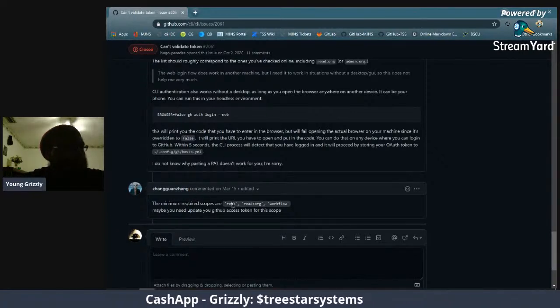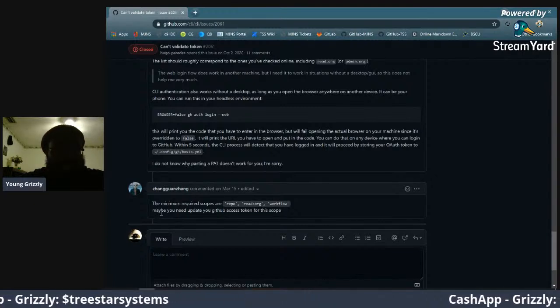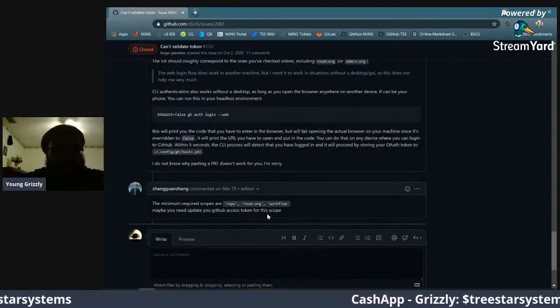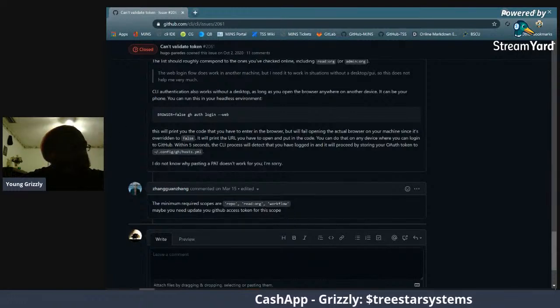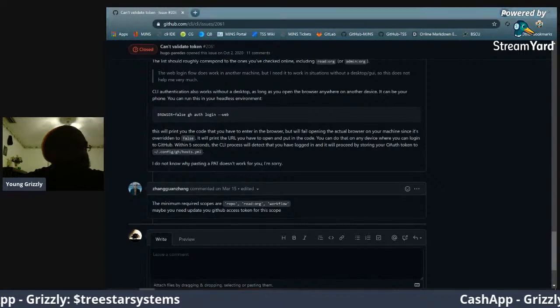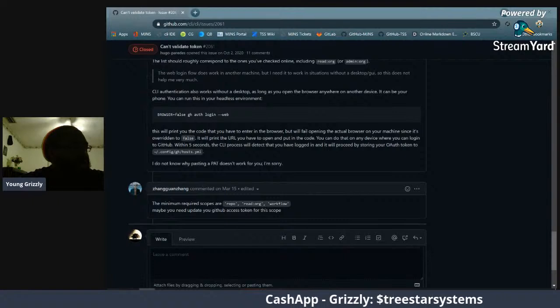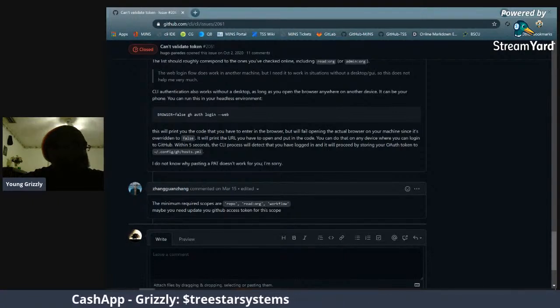Okay, so this is pretty cool, or this is telling, but I have to go in. Maybe you need to update your GitHub access token for this scope. So I gotta do like everything. Okay. So add repo now and workflow. But I don't think this is so I made the changes on the back end here. So now I have repo and workflow,